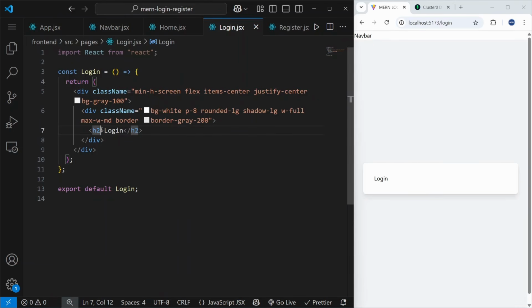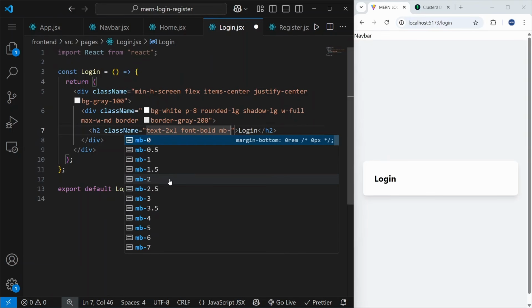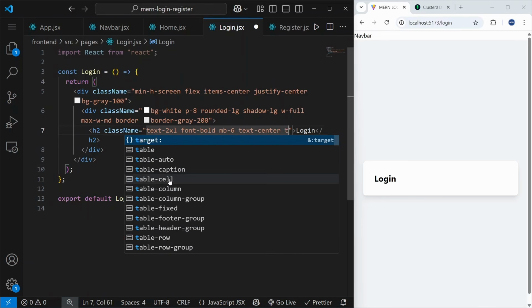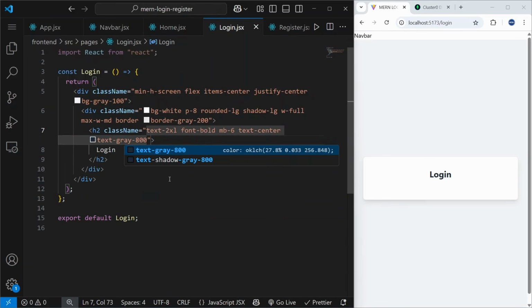Let's add some styles to this h2 tag. Let's say that text will be 2XL and font will be bold. Let's add some margin bottom, which will be 6. Text will be center and text color will be gray 800. Okay,